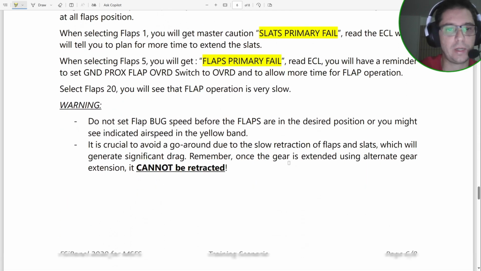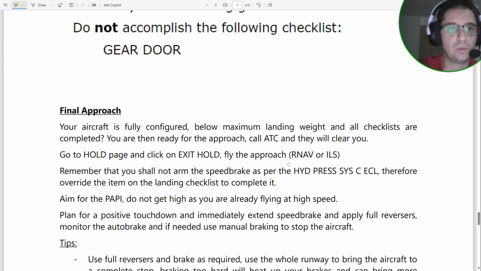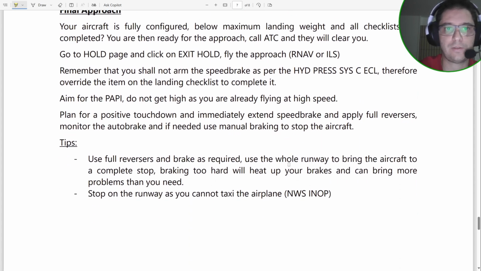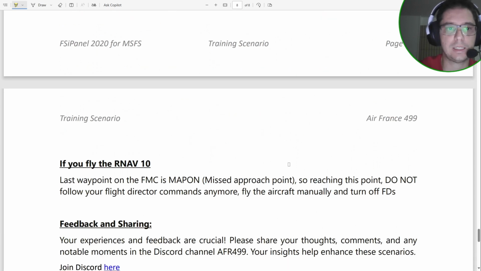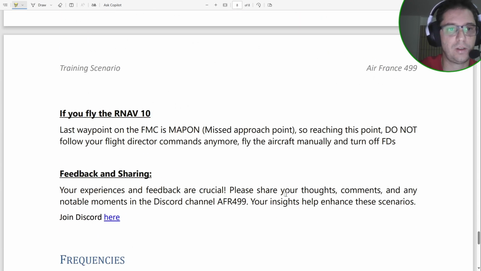Extend to the flaps 20, we are going to do it. To lower the gear, yes, we are going to do it as well. For final approach, okay, then the standard flight, and we stop on the runway because we cannot taxi the airplane, that is fine. If you fly the RNAV runway 10,